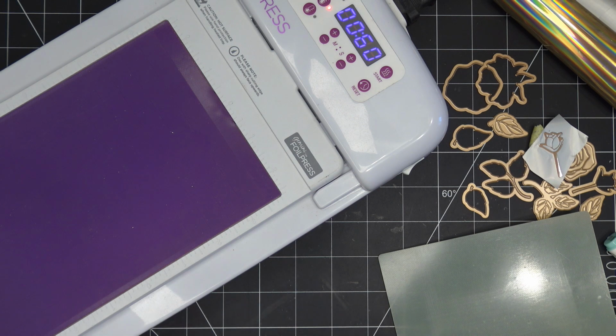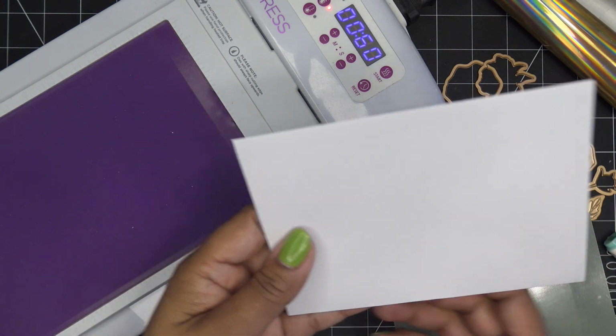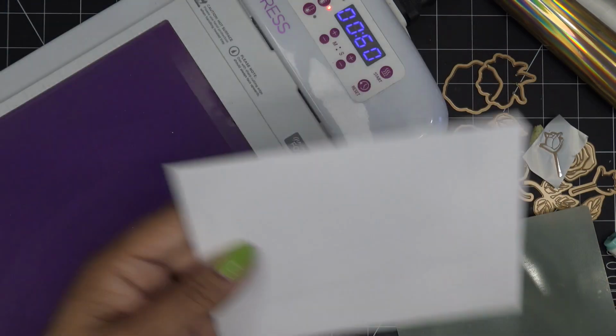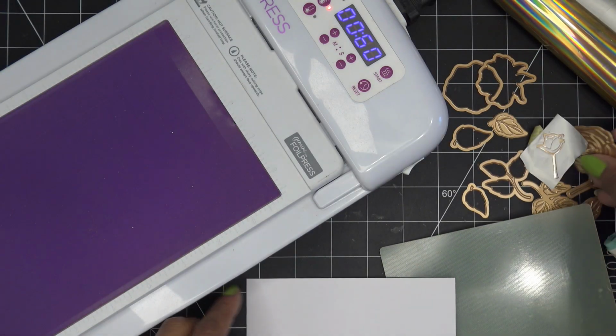So the last thing I want to try today, to go along with the note cards, is to do some envelopes. Now again, I've talked about how it has to be really smooth. This envelope is obviously just envelope material. It's not the smoothest thing. It's actually from one of the